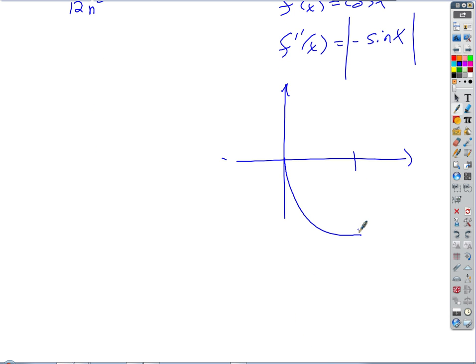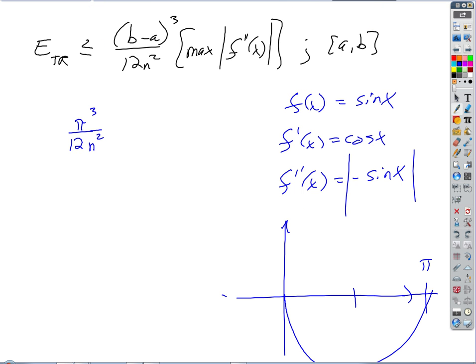Even if we graph it this way though, it's fine, right? What's going to be the biggest value if we're going from 0 to pi? So that's pi. What's the maximum value that sine could ever have on any interval? 1, right? The absolute value. And from 0 to pi, it does get down to negative 1. So then what is this whole thing going to be for us? Well, 1, right? So that times 1 has to be less than or equal to, what did we say, 0.01,